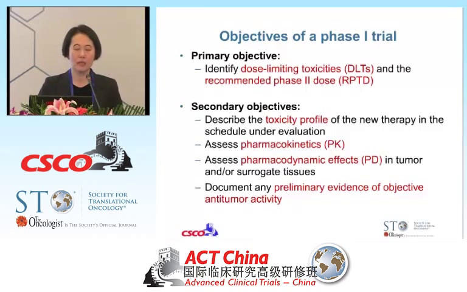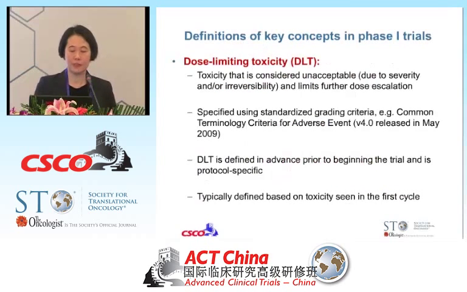subsequent trials. And of course, we're looking at secondary objectives such as toxicity, pharmacokinetics, what the body is doing to the drug, and also pharmacodynamics, what the drug is doing to the body. And we now obviously look for preliminary evidence of objective anti-tumor activity. I'm going to probably in the future sneak in yet an exploratory objective in phase 1 trial. Perhaps as early as phase 1, we would already want to start looking into predictive biomarkers. And the question is whether we should even enrich in phase 1 trial to look at specific subsets is at this point uncertain.